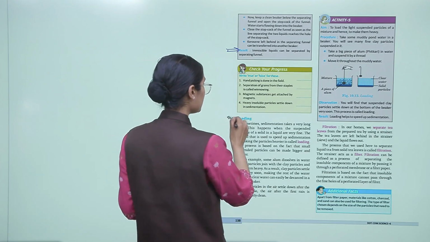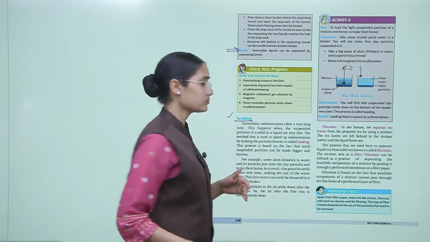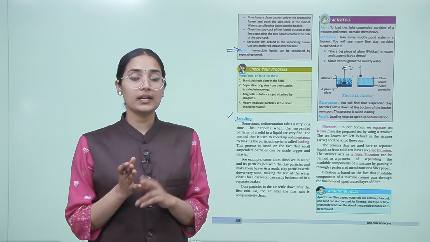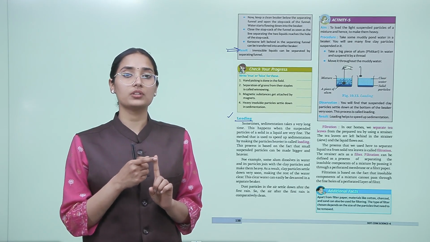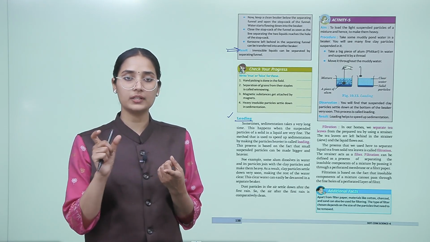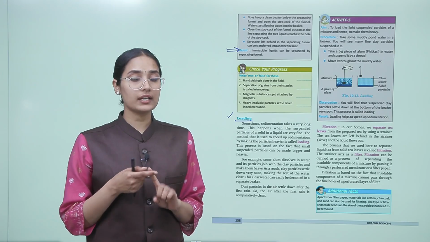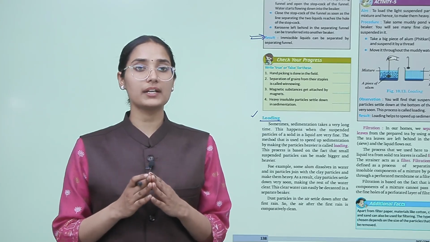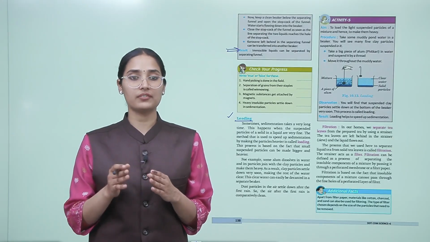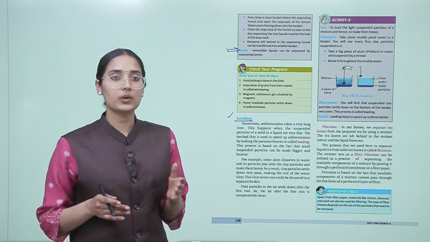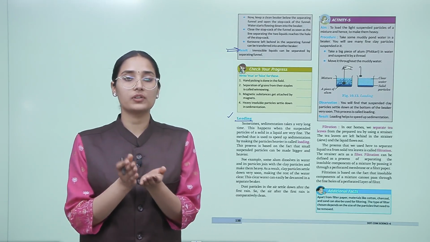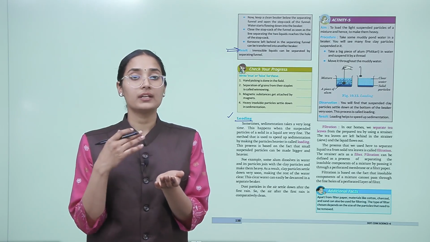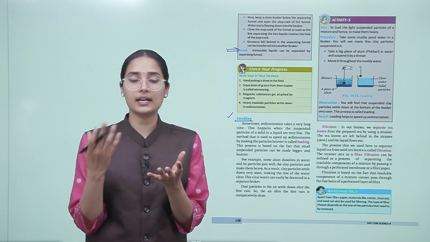Now there is another method, which is loading. Sometimes sedimentation takes a very long time. Why? Because it is first dependent upon the size of the solid particle, and second, it is also dependent upon gravity, right? This happens when the suspended particles of a solid in a liquid are very fine. Generally, when an insoluble solid is mixed with a liquid, for example sand and water,